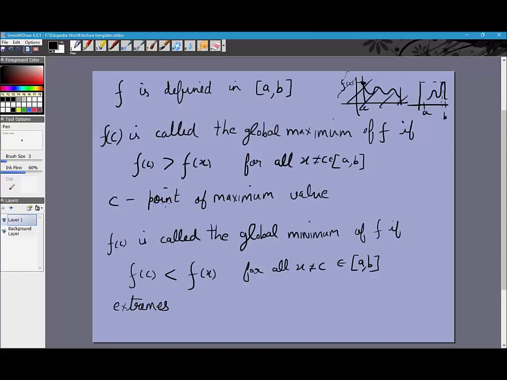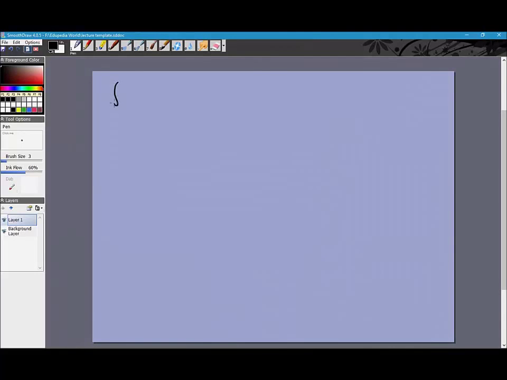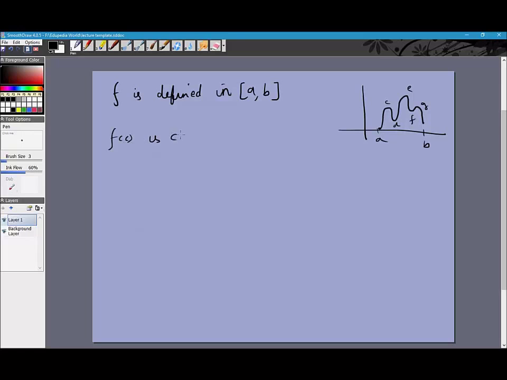Sometimes we talk about local maxima and local minima within their own region. So let's look at the definition for local maxima and local minima. Again, we'll assume f is defined, or the region of interest is a to b. Let's say the curve is something like this. Right. So C, D, E, F, G. Let's see. So f of c is called a local minima